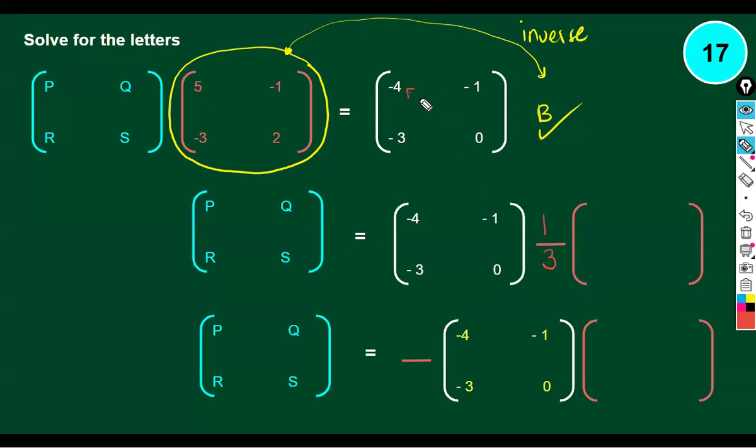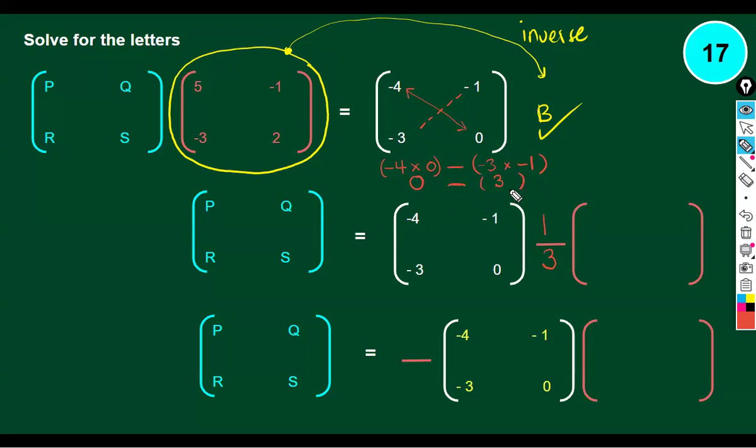When we're finding the determinant, we multiply the more important diagonal first, so it's minus 4 by 0, we must put a minus sign, minus 3 by minus 1. Anything multiplied by 0 is 0. Minus 3 by minus 1 is positive 3. 0 minus